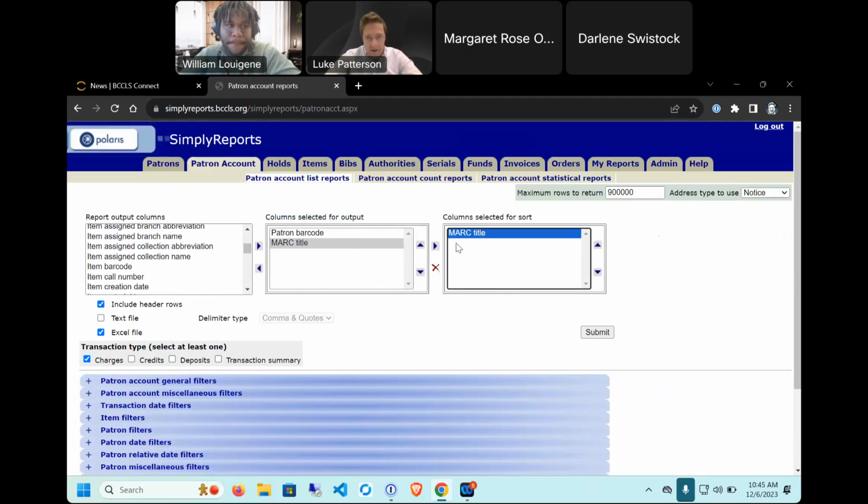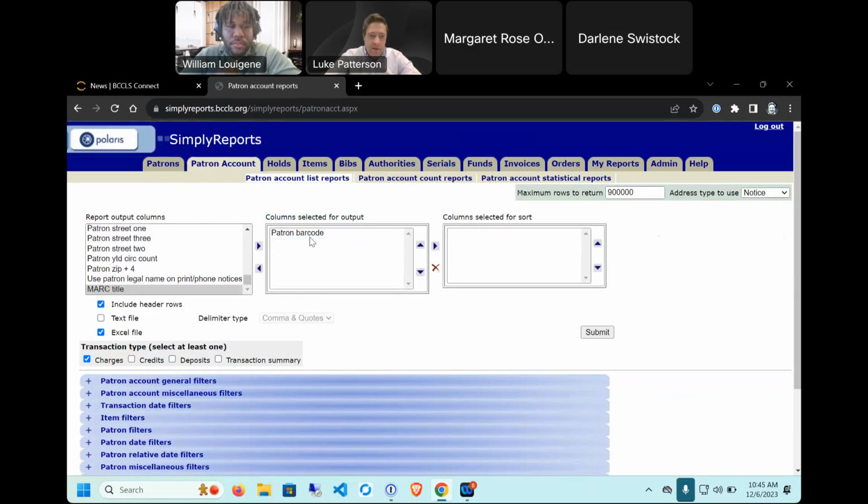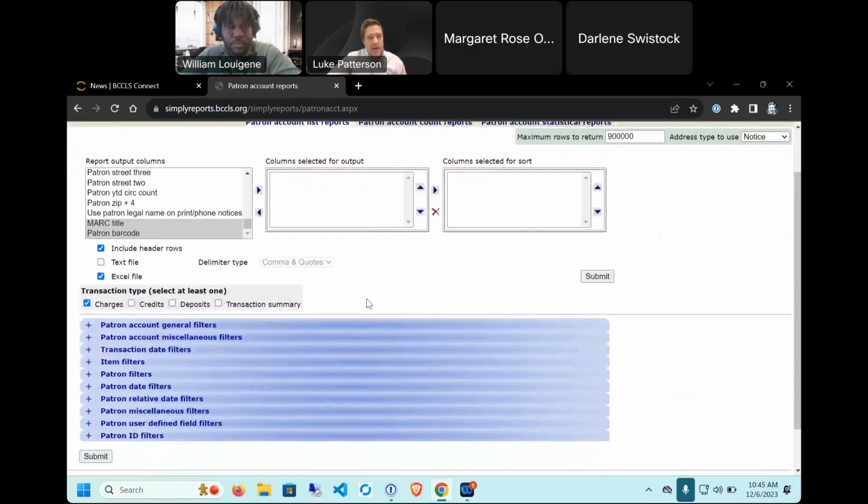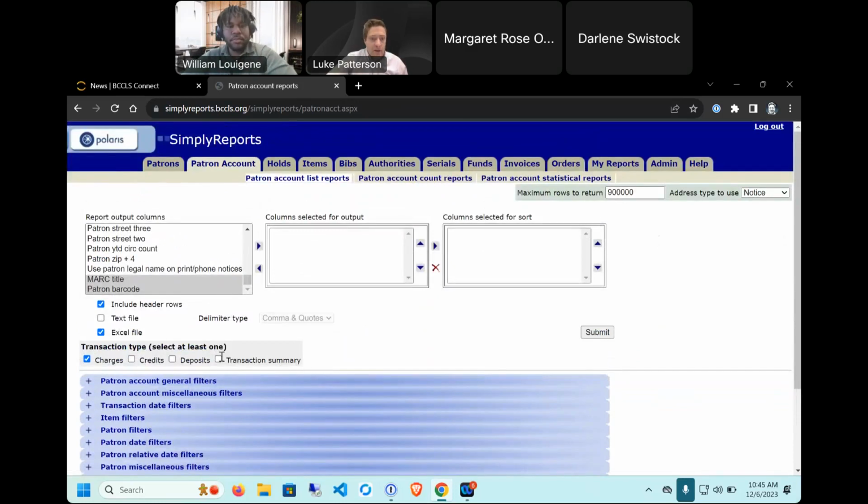All right, so now I just want to close out of this. So I'm going to hit the X here to delete the column selected for sort, and I'm going to move these output columns back over to the first box here. The first thing here is, again, since this has to do with patron account, we have transaction type, and you